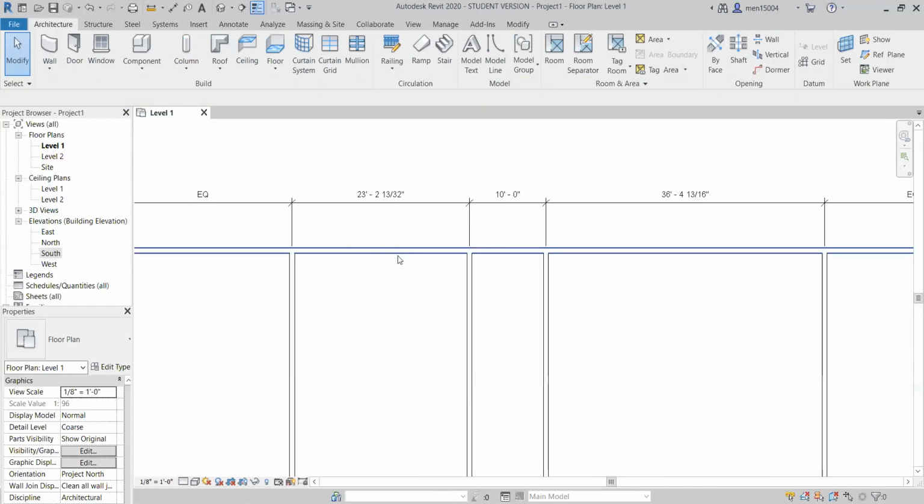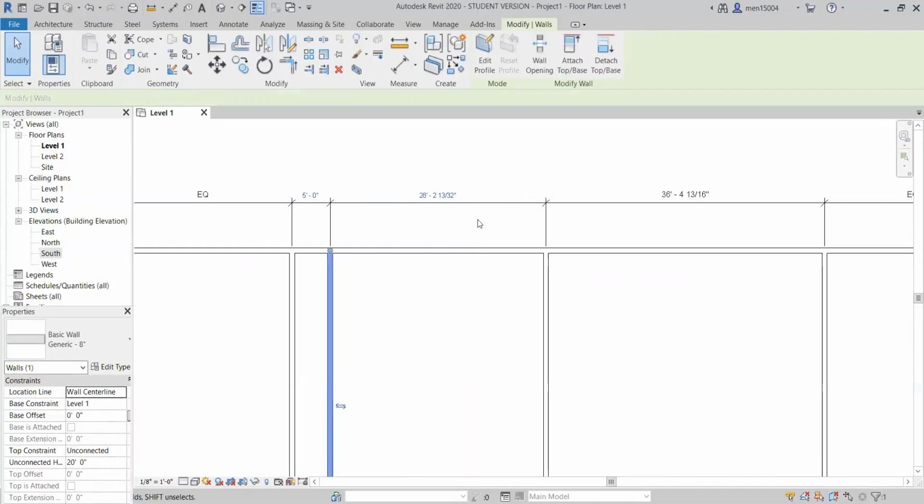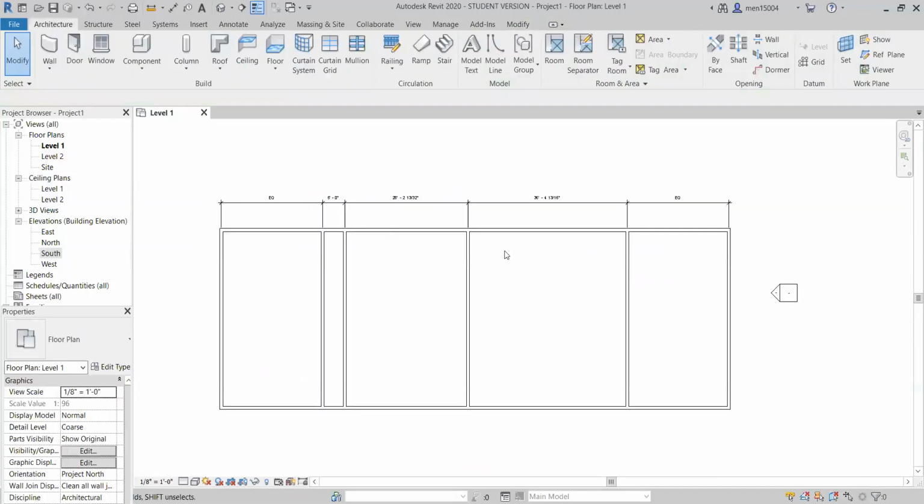So let's say I want to change this dimension. Click on it and change it to 5. Now it's 5. So it's pretty